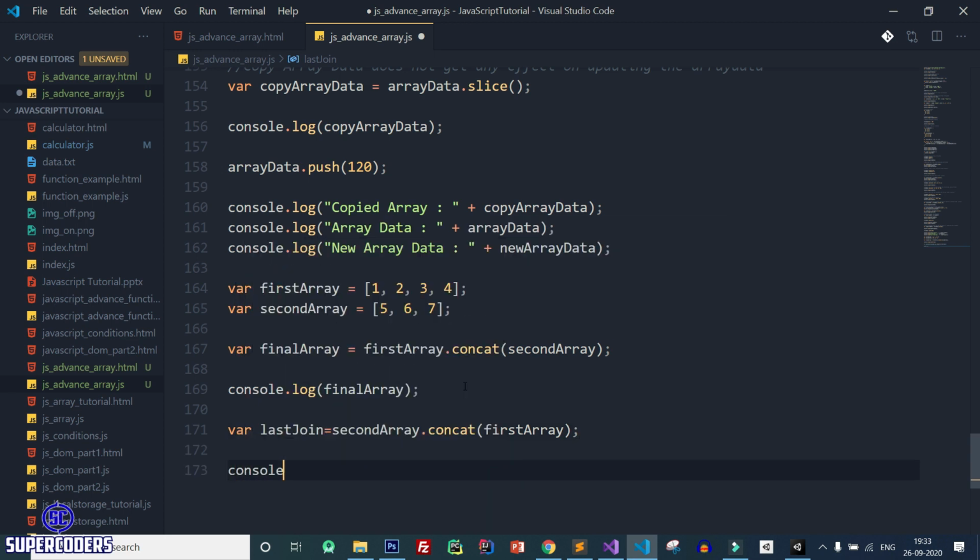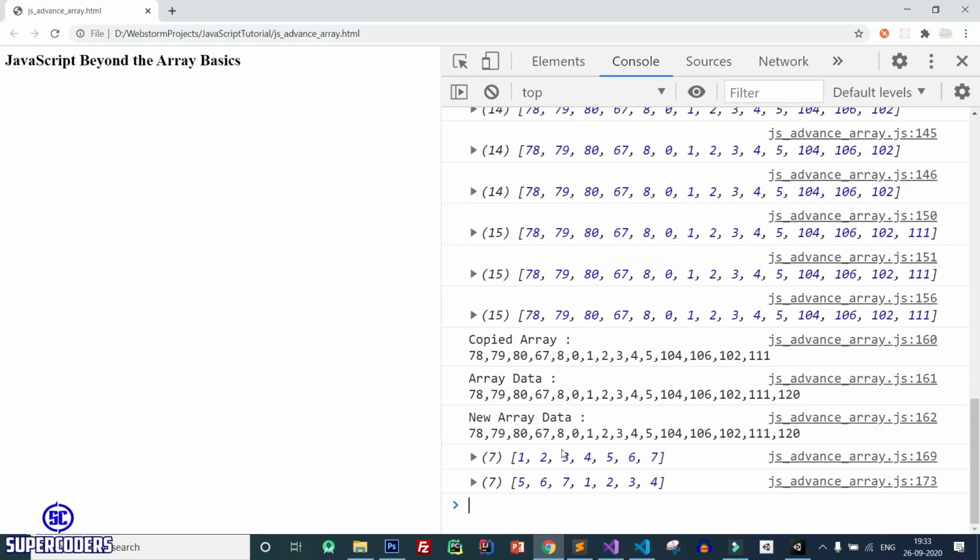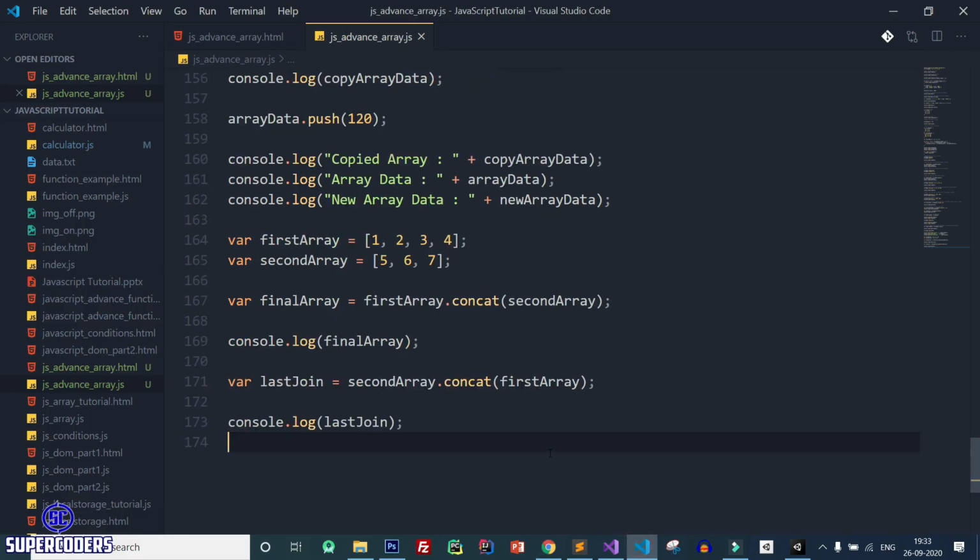Save it, console.log last join. Save it, back to Chrome, refresh page, and here if you see, this time first it contained second array, and after that the new array means first array joined at the position. So in this way you can use the dot concat method to join the two arrays. Now back to VS Code again.